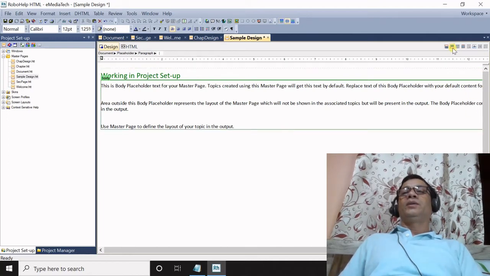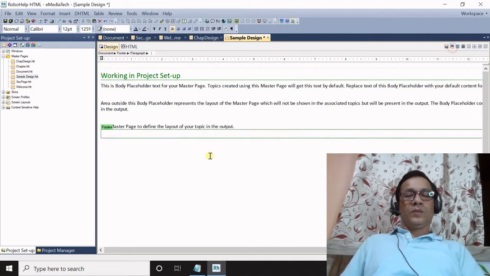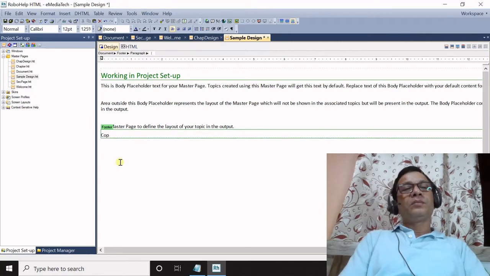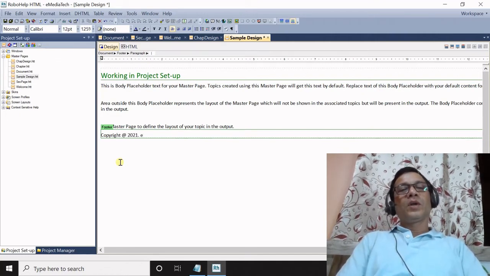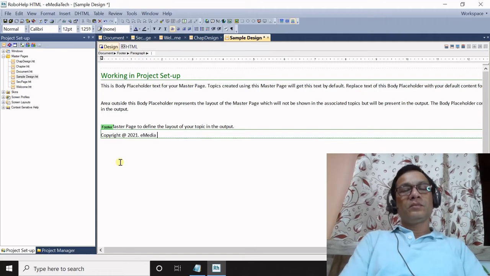And now add a footer. Write some information here in the footer.